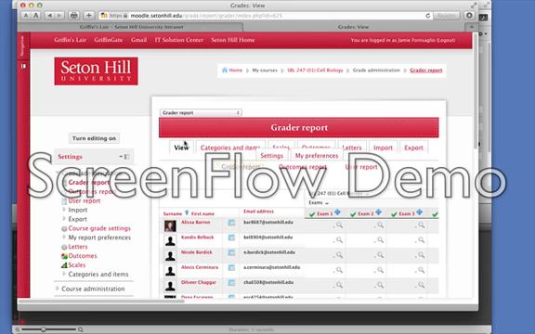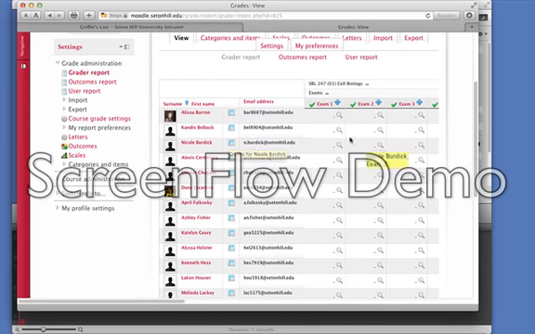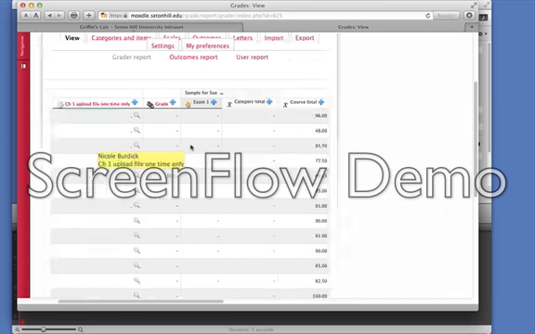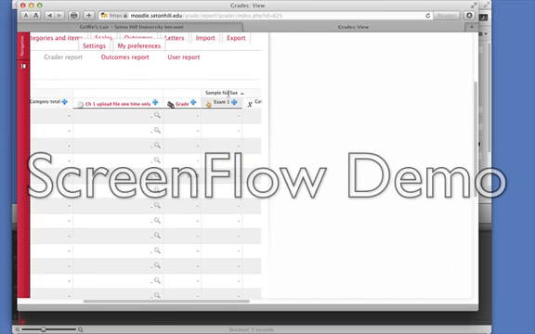And then you go to view. If you go to view, you can see all the students. This is how you enter the grades in. Okay, so go to view. And scroll over to where it says sample for Sue, right here. Okay. And say I want to grade Alexis's exam. Just click there. 100%. Whatever. Okay, so you said it was out of 220 points? No, you said it's out of 100% the exam. Yeah. Okay. So make it 98, so it's more realistic. 98.